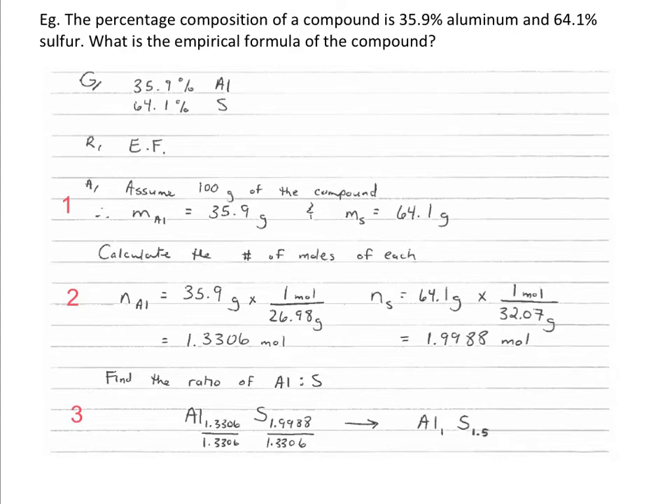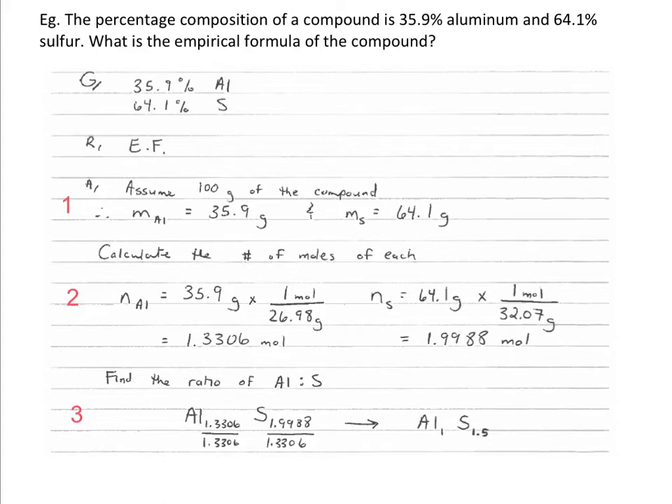So the compound was 35.9% aluminum. So if we have 100 grams of that compound, we have 35.9 grams of aluminum. And the same thing for sulfur. Second step is mass to moles. And so now we're going to take the mass values we just calculated up above, and we are going to determine the number of moles that we have for each one of our elements. And so we use unit analysis to quickly set up a calculation to find the number of moles for each of